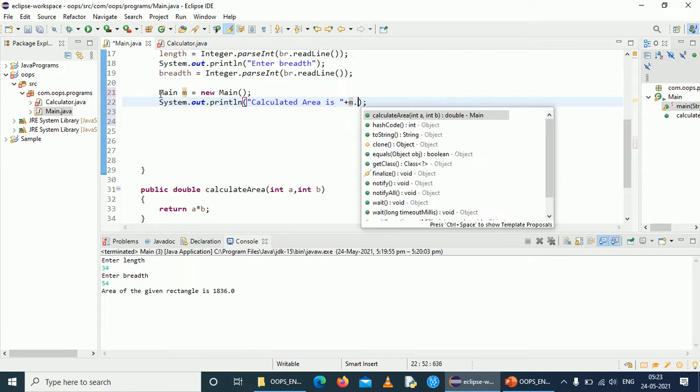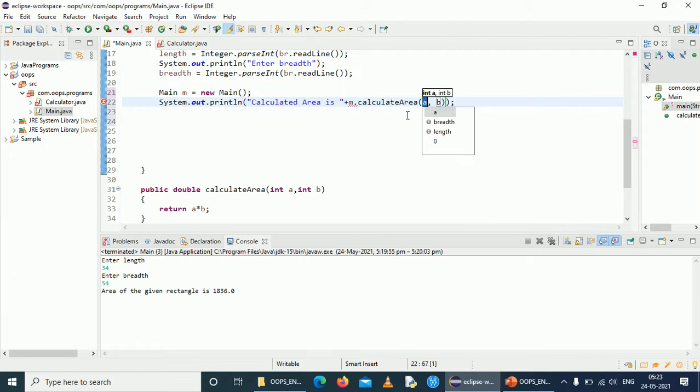The object dot calculateArea method. This is the method we have mentioned here. Instead of a, we have to give length. Instead of b, we have to give breadth.